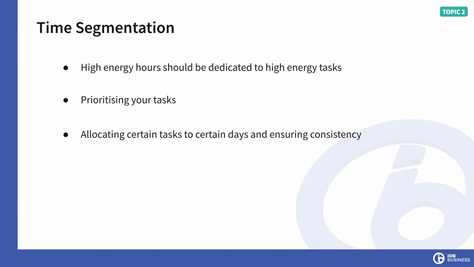So, for example, you might want to do your meetings every Monday, Wednesday, and Friday. You might want to do your administration every Tuesday and Thursday afternoon. Maybe you want to do your big decision making on a Monday because you've just come off the weekend, you're nice and fresh and you're nice and relaxed. Okay, so again, very similar to prioritizing your tasks, write down the tasks that you do on a daily and weekly basis and sometimes monthly basis and begin to allocate these to certain days.